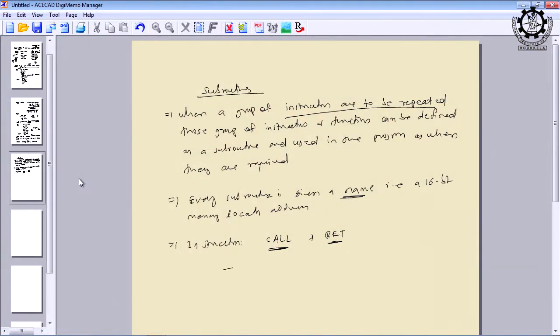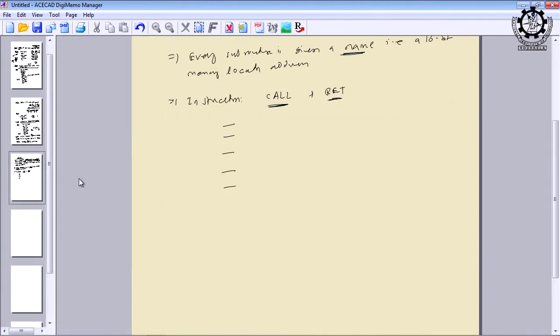To illustrate it, for example, this is your main program, right. These are the set of assembly language instructions, and you have written a CALL instruction with a 16-bit address. This 16-bit address is the memory location where the first instruction of the subroutine is stored. Then subsequent instructions like this, and the last instruction of the subroutine will be RET, return.